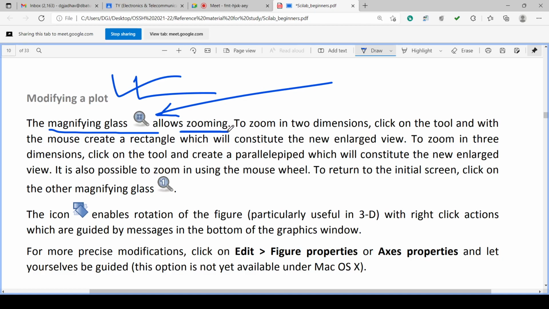To zoom into 2 dimensions, click on this tool and with the mouse create a rectangle which will constitute the new enlarged view. You can click and drag and create the rectangle like this.